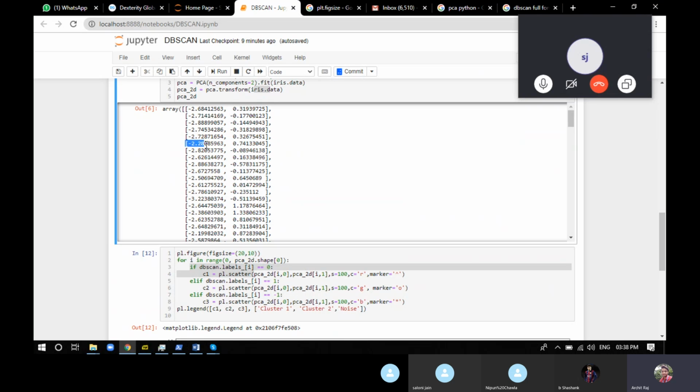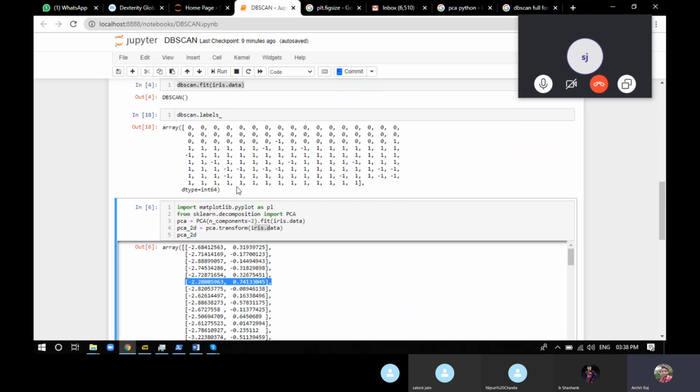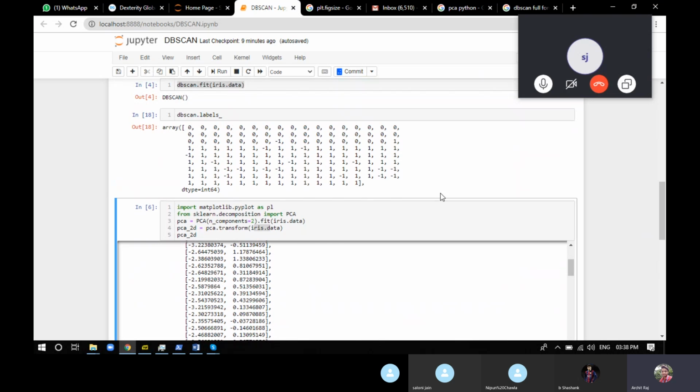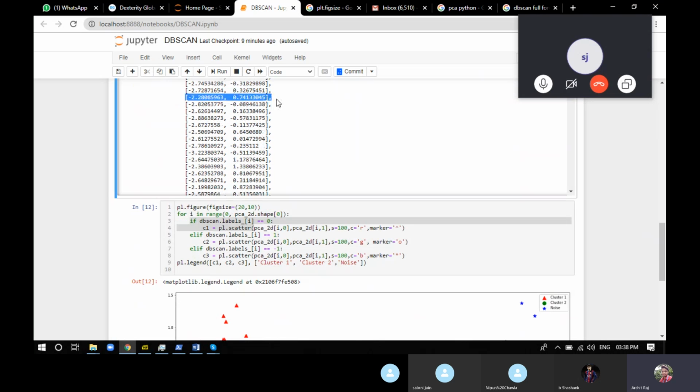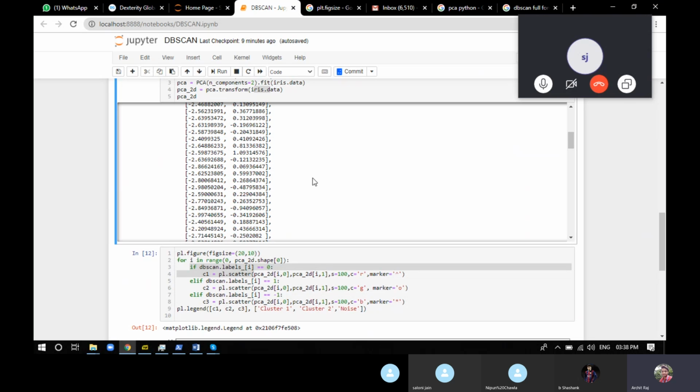So just imagine for this particular output, DBSCAN labels of i means if i is here, it will check whether DBSCAN labels of i is 0, because for all the attributes it's giving some labels now. Just imagine for this one we have i as 0. It means the model predicted this particular item as cluster 0. So we have to plot this point into the graph. How exactly do we plot this graph now?